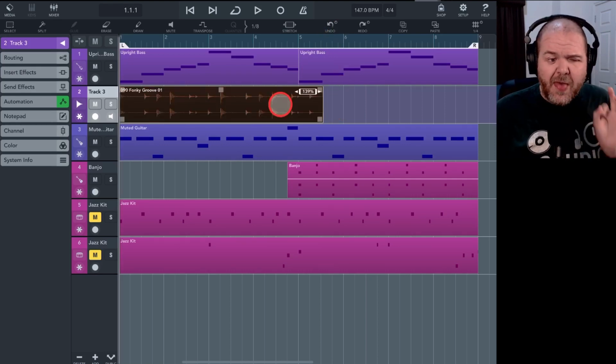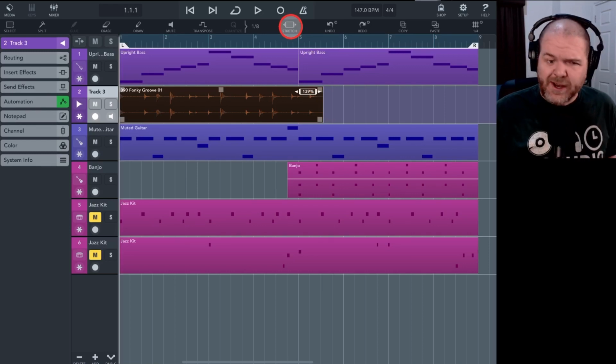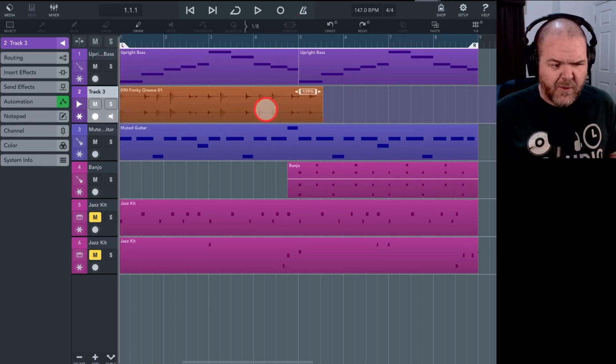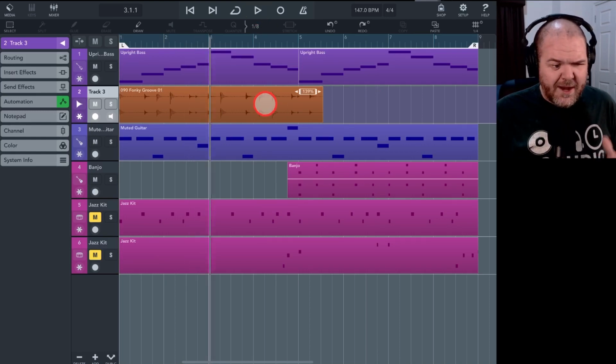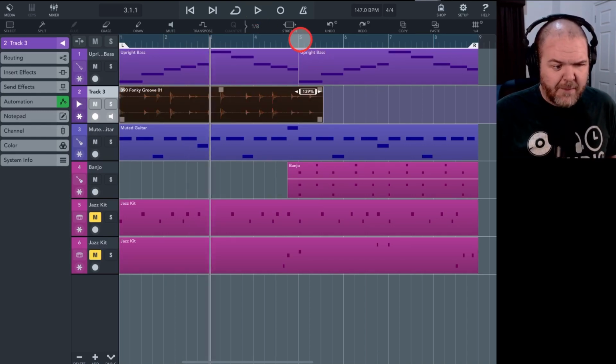The final one that I'm finding really cool is the stretch function. This works really well. Take a look at this track. I've brought in a drum loop here, but it's not on the beat. If we play it right now, that's not cool, yeah. So all we need to do is tap on the item and tap the stretch button,